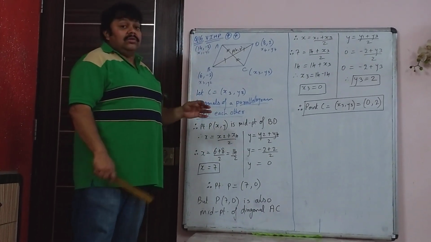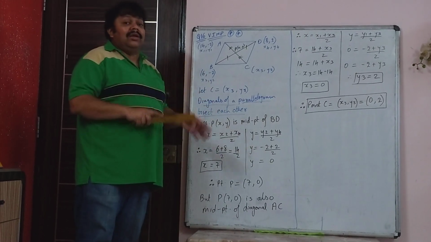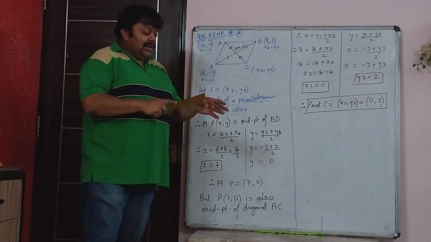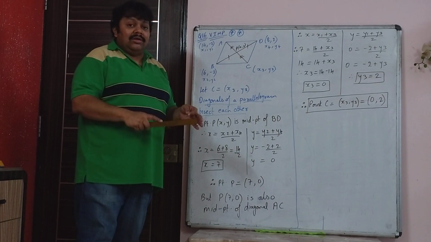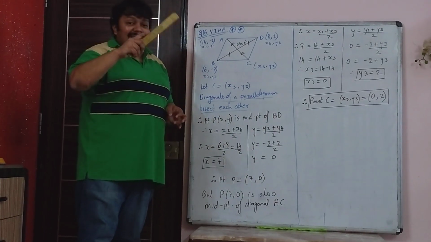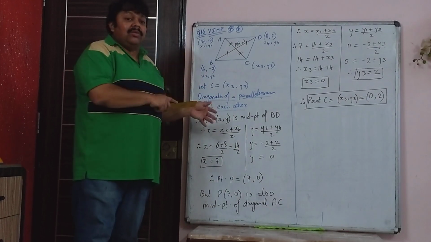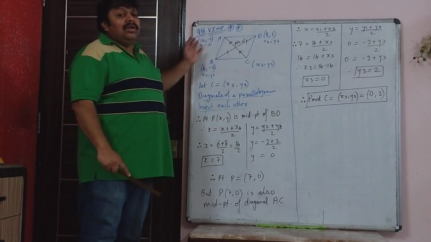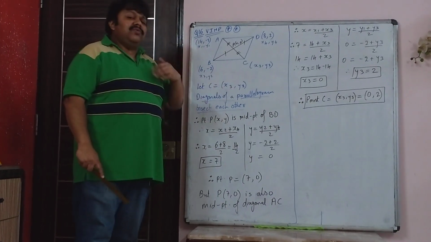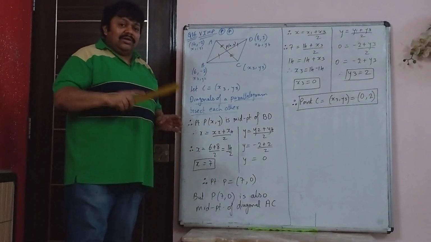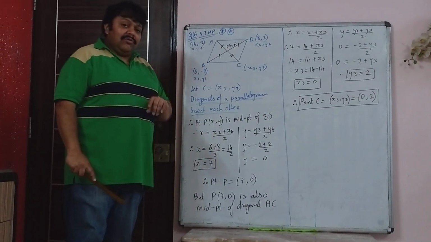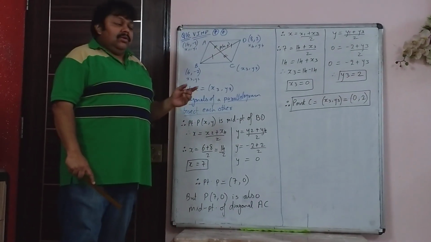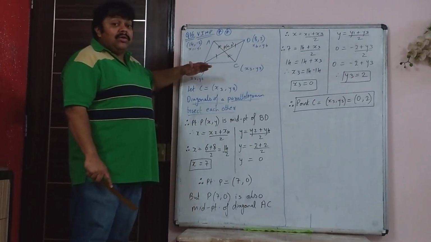The easiest method applies if it is any quadrilateral of the parallelogram family. What do you mean by the parallelogram family? In 9th standard you did the parallelogram at the top, after that rectangle, rhombus and square. So rectangle, rhombus and square are descendants of the parallelogram family, because they have all the properties of a parallelogram plus a few extra properties. So every rectangle is a parallelogram, every rhombus is a parallelogram and every square is a parallelogram. They all belong to the parallelogram family.